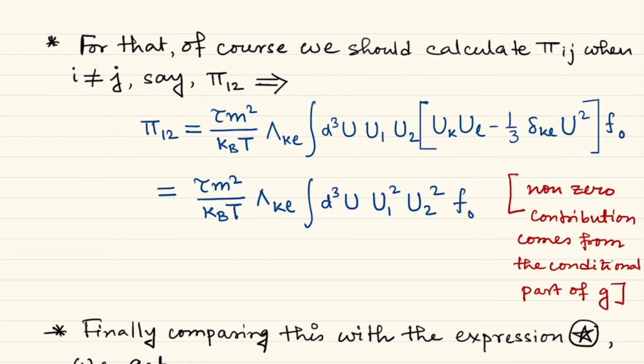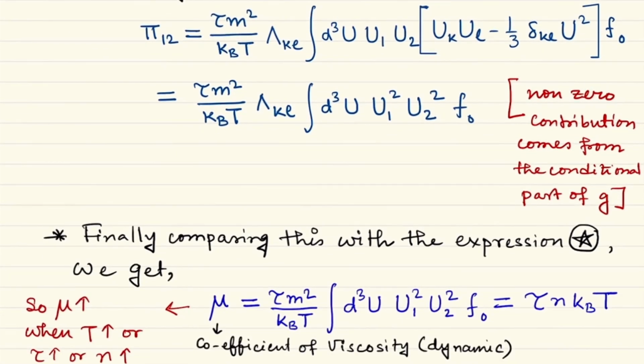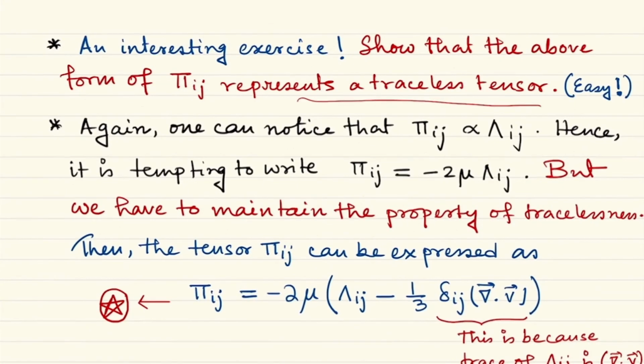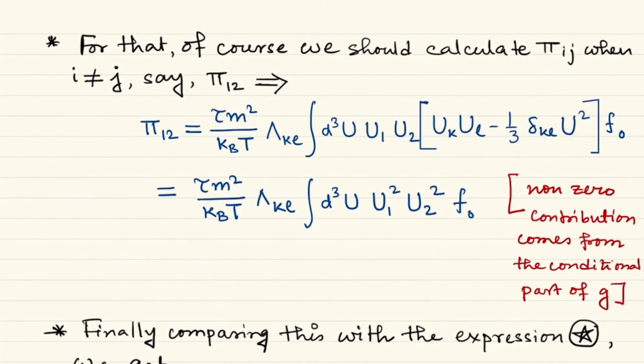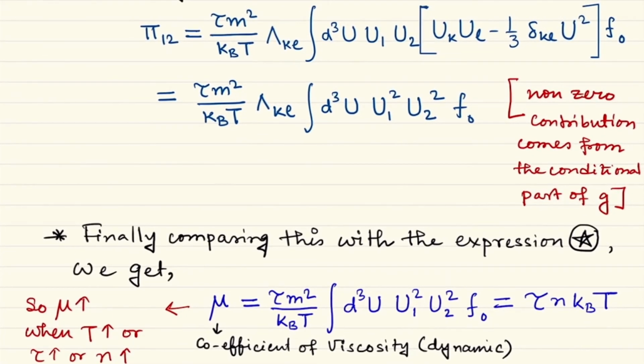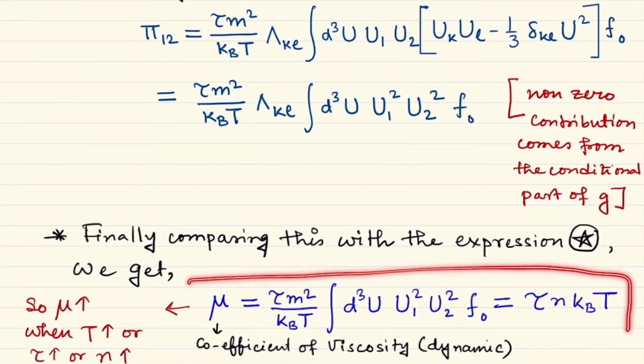Okay, and this expression finally comes out to be tau m square by kbt lambda kl integration d cube u1 square u2 square f0 finally. Because the non-zero contribution only comes from the conditional part of g. Finally we compare this with the expression star, this one. If you do that you will finally see that mu is nothing but this tau m square kbt integration d cube u1 square u2 square f0,